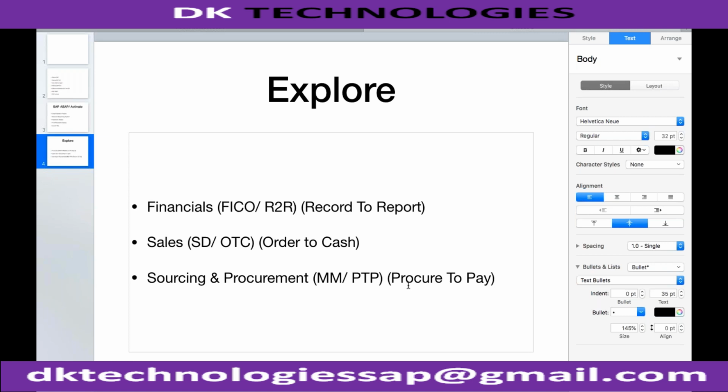If you say that I am an SD consultant, I know how to create a sales order, I know how to create a billing, but I don't know how to receive the payments from the customer, or I don't know how to see whether the accounting document is created or not, that is not my responsibility, that is something a FI consultant has to do. That is a problem in the industry. I have worked on many projects where, as long as it is an error related to sales order or delivery, the SD consultant will solve it. But as soon as he hears that the problem is with the billing, no, billing is not my part. Billing is FI part. So it should go to